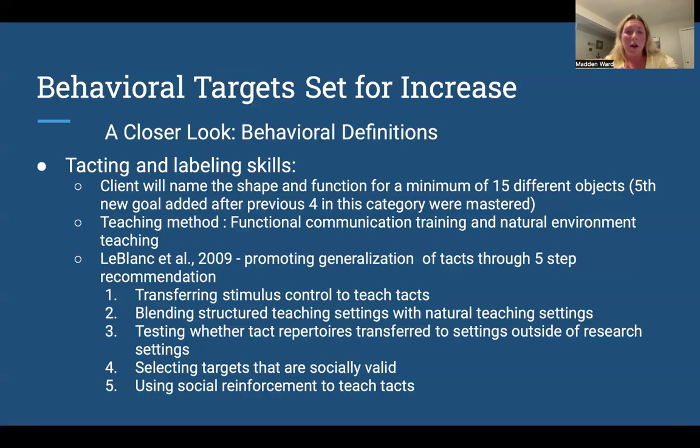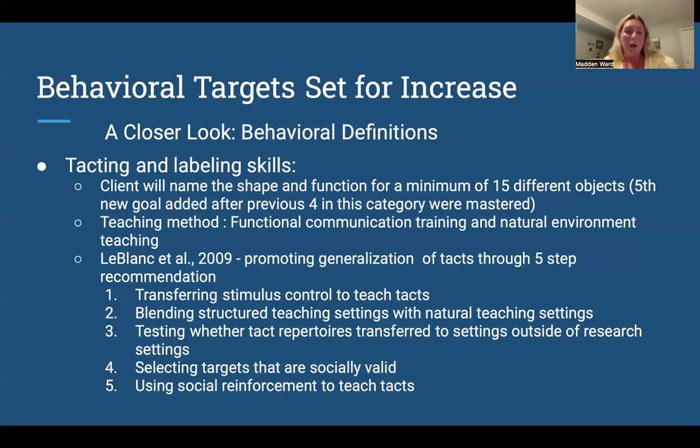And this teaching method is an evidence-based practice, as LeBlanc et al. in 2009 did a study, and they found that promoting generalization of tacts and increasing that tact repertoire for children with ASD was very effective using this 5-step recommendation.